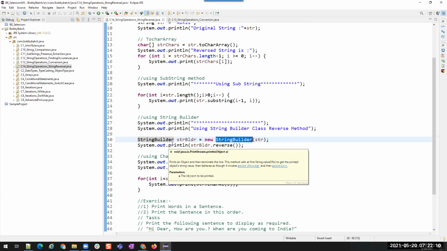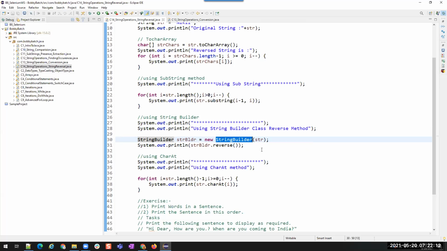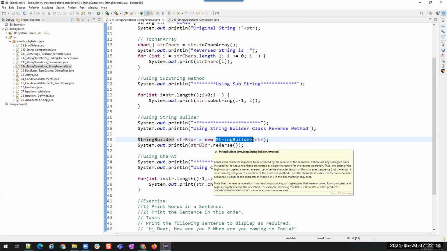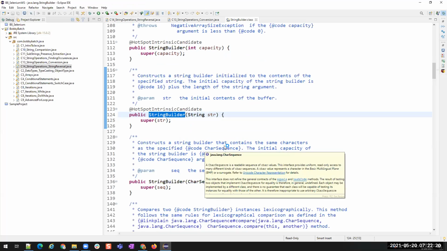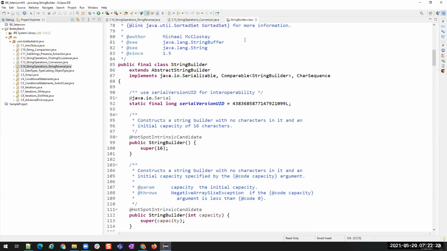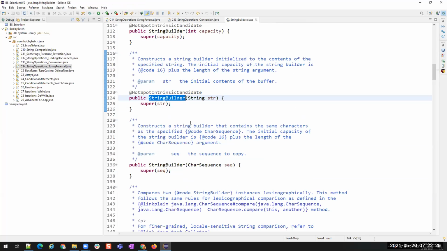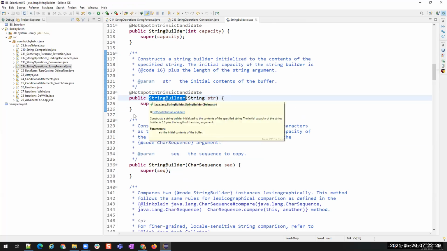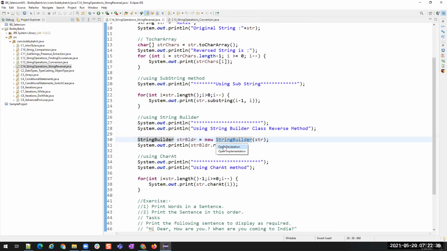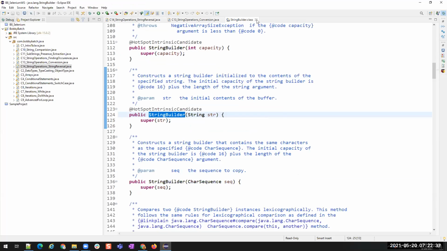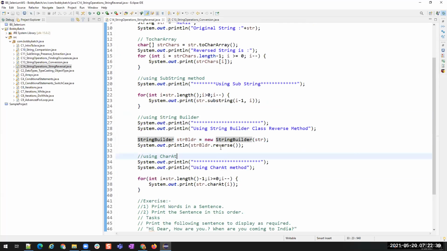Nikhil, where do you see the logic for the StringBuilder? Okay, you see this reverse, there is a reverse method that we used here. Control and click on this. You will go to this place. This is a StringBuilder class, but in this StringBuilder class, we have this super string. So just a second. Oh, sorry, it is selecting the above one. I want this below one.